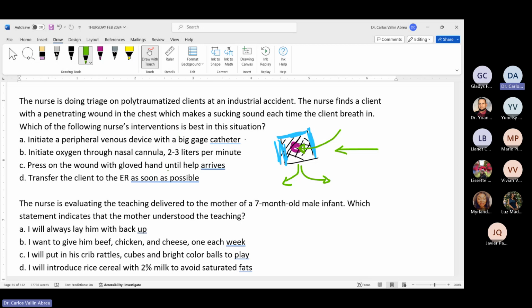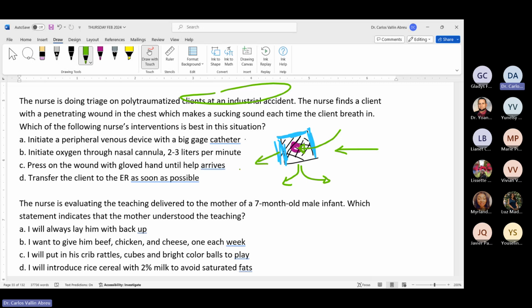It's not mentioned here. So can you have in your anchors variations of the same concept? Yes, and this is an example. Why? Because it is in a field where the only thing that you have is your hand and gloves, nothing else. And then this is what you're going to do, because the important thing is to prevent more air from